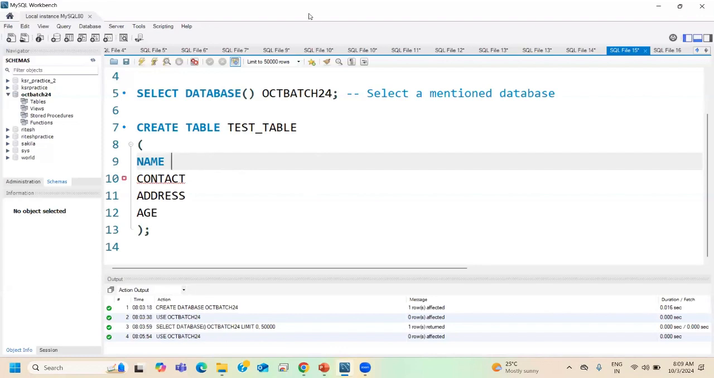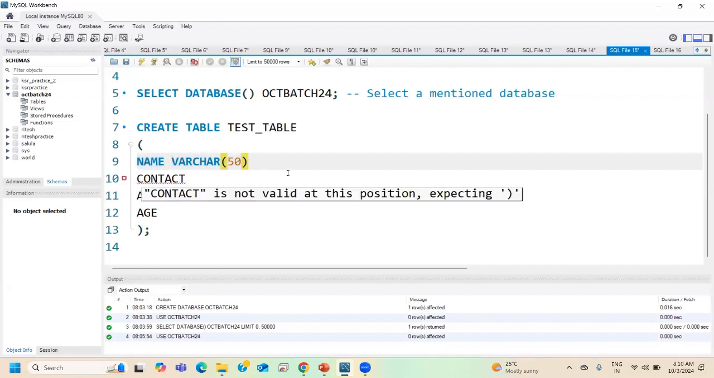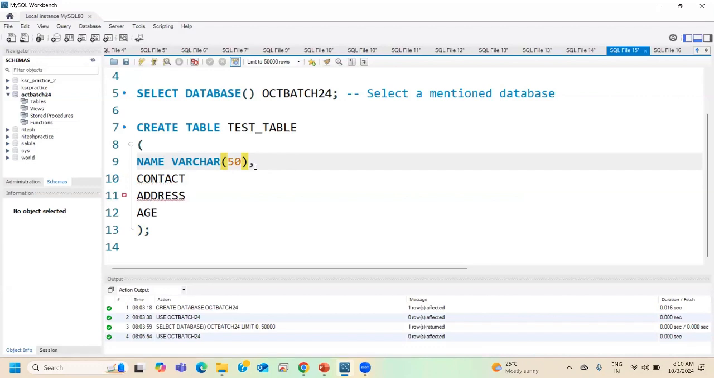There are different data types available in SQL. One of the data types is called Varchar. Once you mention Varchar, you specify the maximum size this name column can take for any value. I'll give it as 50 bytes. Done. Whenever you have written a column name and given a data type to it, if you are continuing with a new column, you should always give a comma. See, without a comma, contact is giving me an error. But if I give a comma,